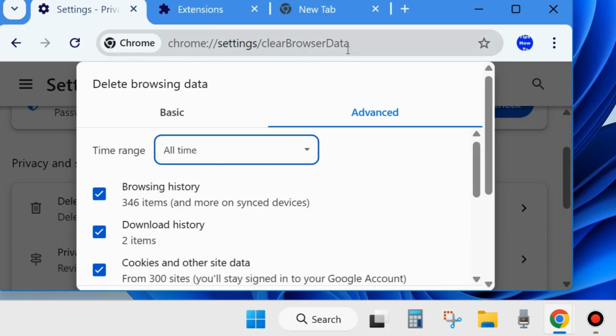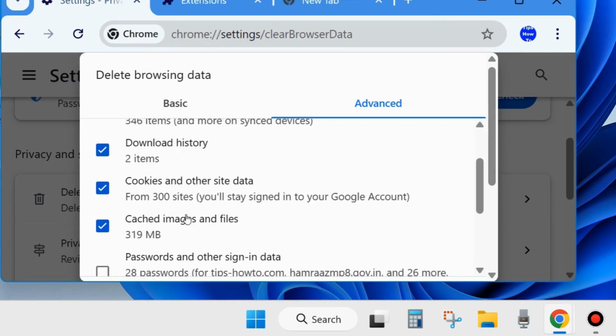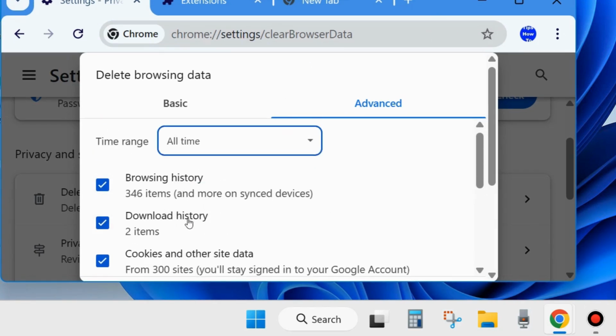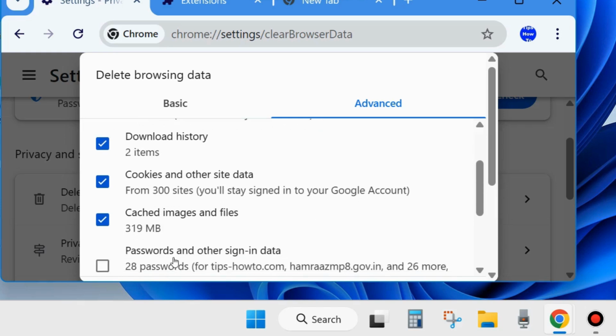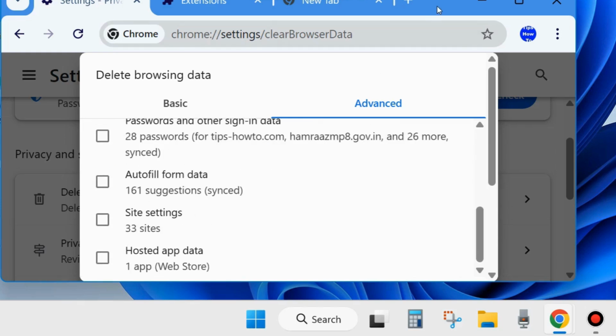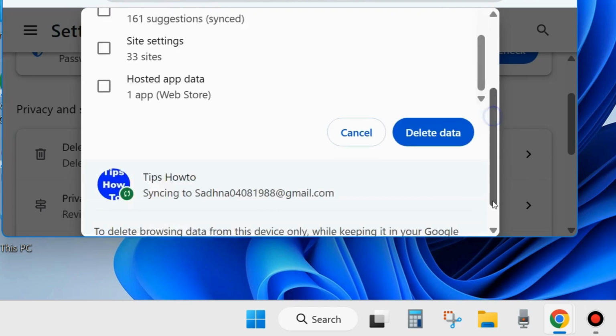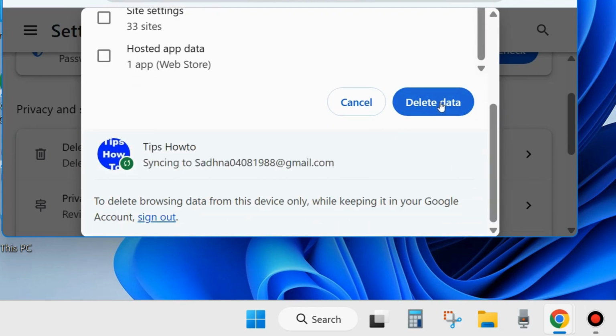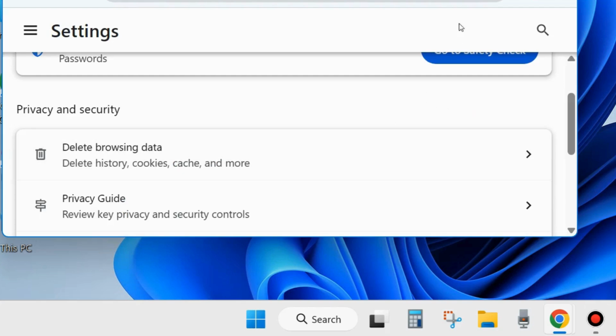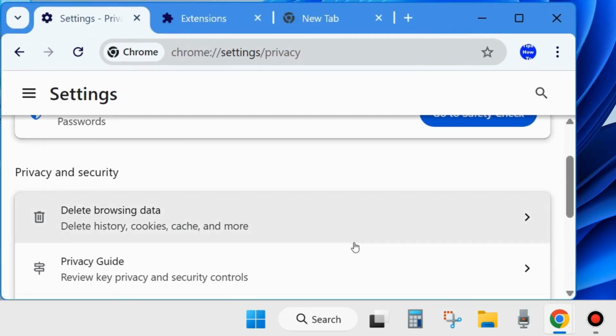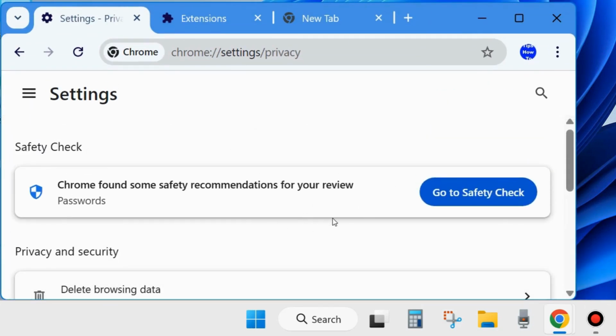Make a check against the options Browsing history, Download history, Cookies and other site data, and Cached images and files. And click on Delete data. It will clear your browser caches, cookies, history and site data. Check whether your error is resolved or not. If not, again